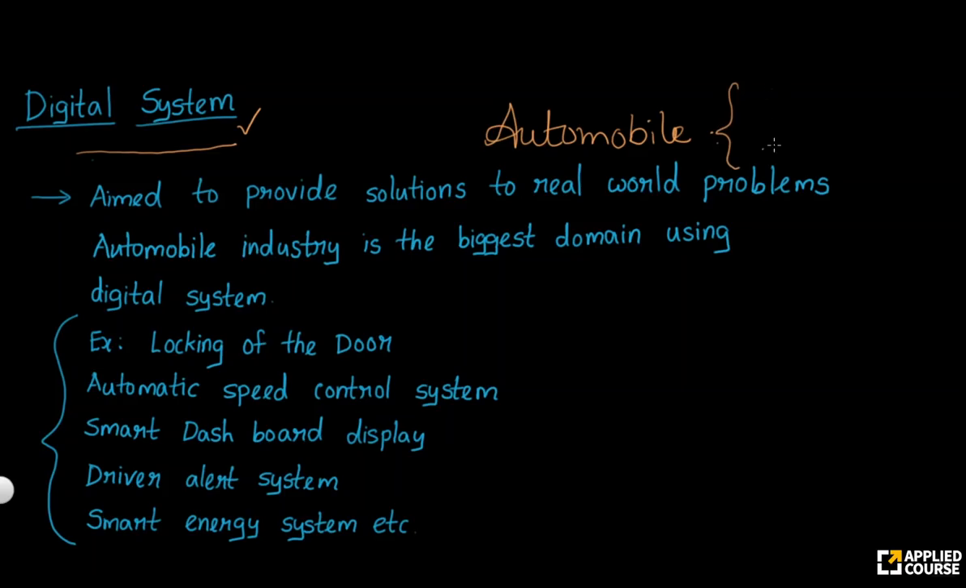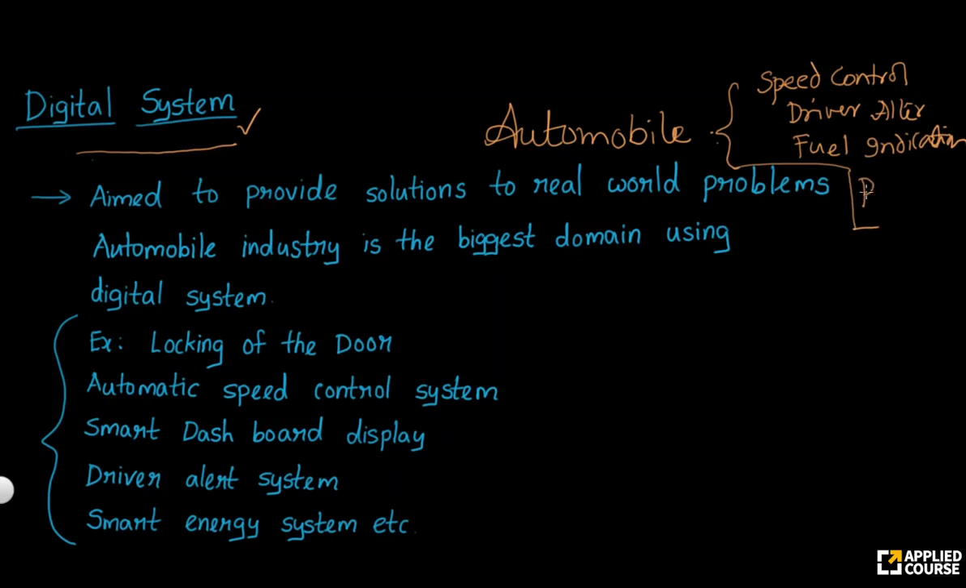And the control operations may be speed control, or it may be the driver alert, it may be fuel indication, or it may be some other operations that are internal to the vehicle. And nowadays we are finding the car that is having all smart controls, which is capable of